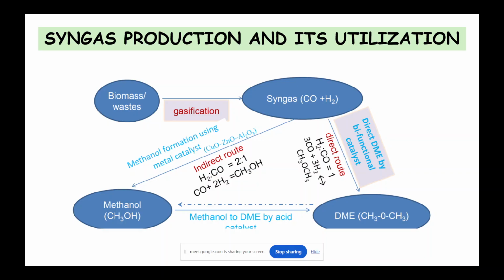And to maintain high pressure, that again is linked with the cost involved in the process. So the best method, as such, would be a low temperature and low pressure process. For that, we basically go for two different strategies. One is the BNL method, the Brookhaven National Laboratory method, and the other is the methyl formate method.